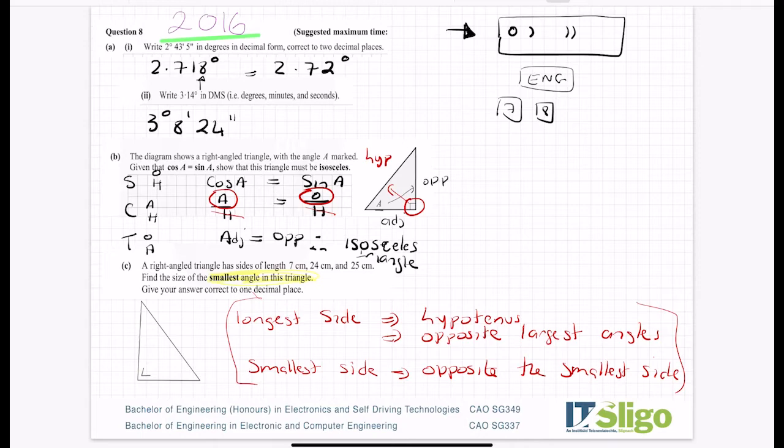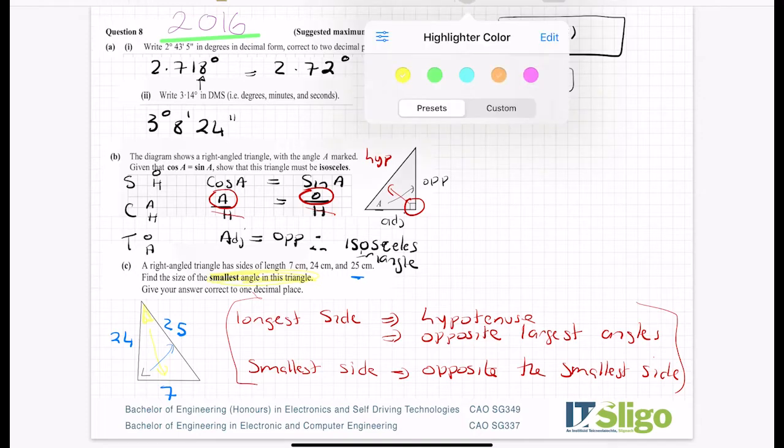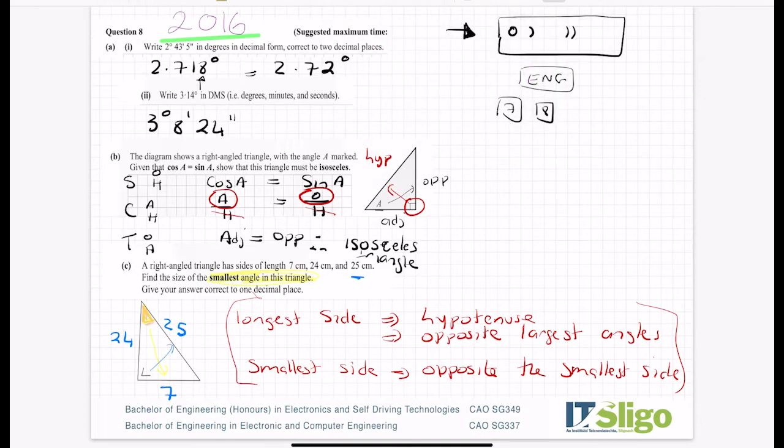Okay, so we know the longest side is always the hypotenuse, which means my longest side is 25 here. Now for the purpose of the diagram, it doesn't really matter which one I make 24 and 7. Visually, that looks longer than the 7, so we'll make him 24 and the other one 7. So I have to work out the smallest angle. The smallest angle is always opposite the smallest side. A bit hard to see that when I make it orange. That's my smallest angle and it's always opposite